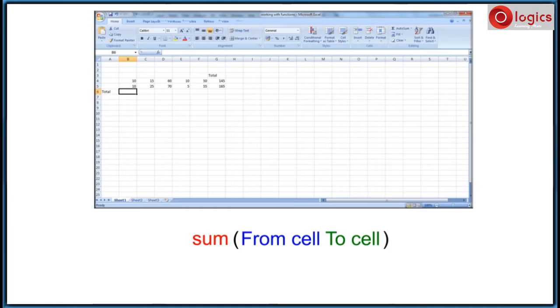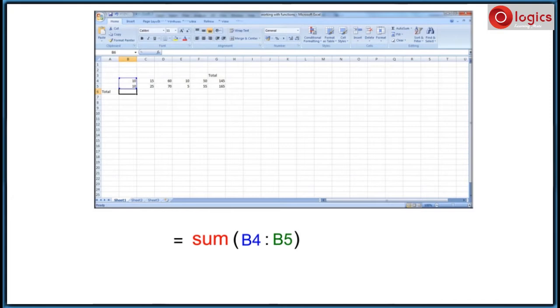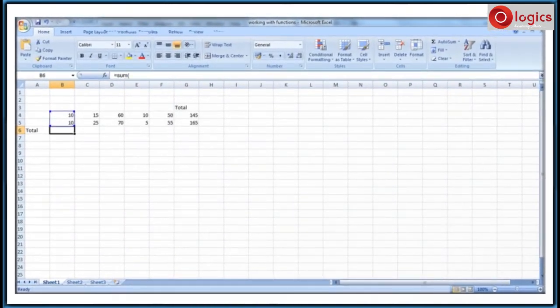Here I am going to take B4 as from cell and B5 as to cell. Type colon in between these two cells and type is equal to in the beginning of the function. This is the syntax. Select the cell and you can type the function in the formula bar and press enter to get the result.